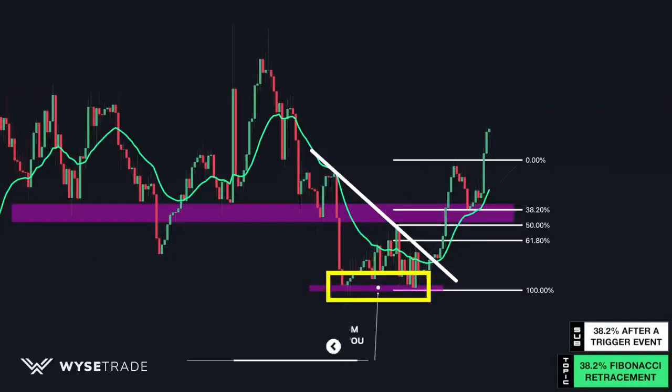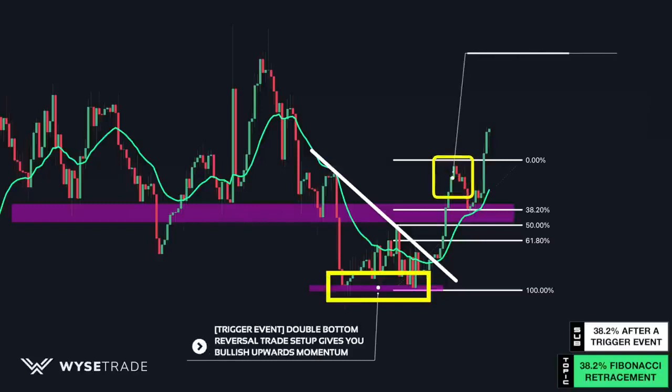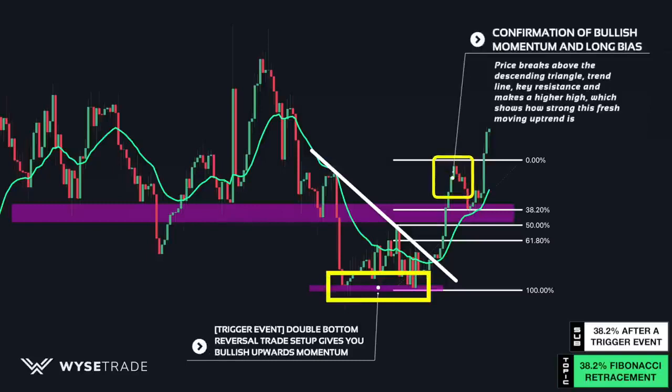This double bottom trade setup here is your trigger event. Price then breaks above the descending triangle pattern and trend line, breaks through the key resistance level,